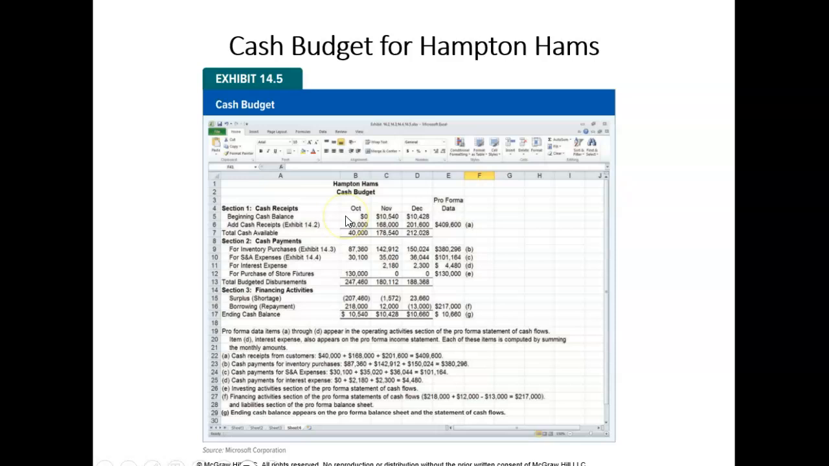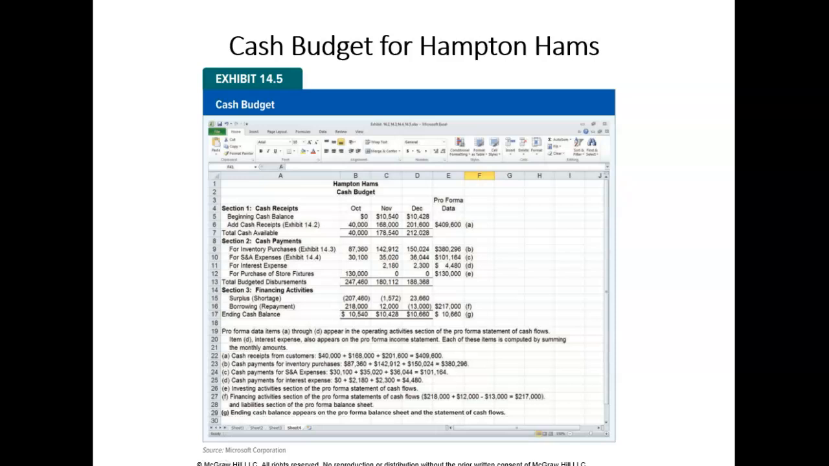All right, because it's our first month of operation, our beginning cash balance was zero. These are the cash receipts from our sales budget of $40,000. Total cash available will be $40,000. These are the expected disbursement or cash payments for the month of October. This is for our inventory purchases, for our selling and admin expense budget, and also we plan to buy store fixtures. So in this first month, our disbursements total $247,460. But guess what? We only have in cash